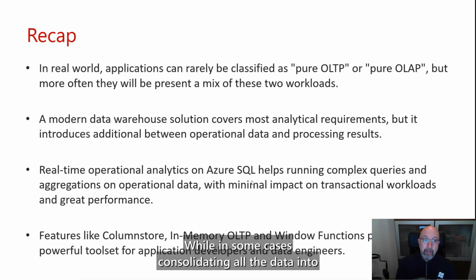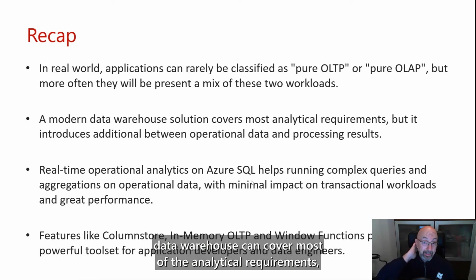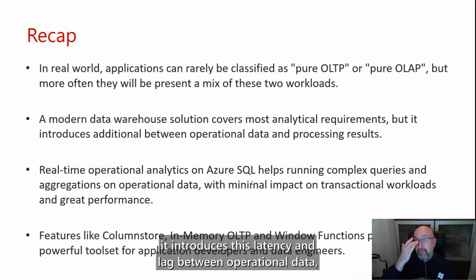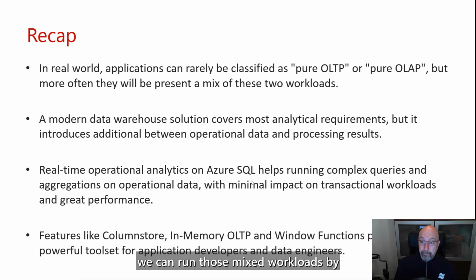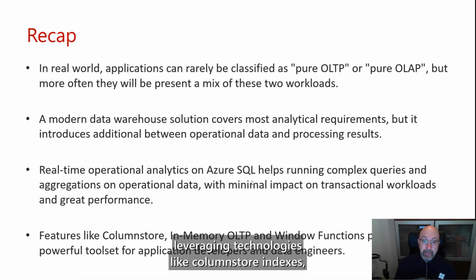While in some cases consolidating all the data into a central enterprise data warehouse can cover most of the analytical requirements, it introduces latency and lag between operational data and reporting and dashboarding solutions. This is why for real-time operational analytics scenarios, we can run those mixed workloads